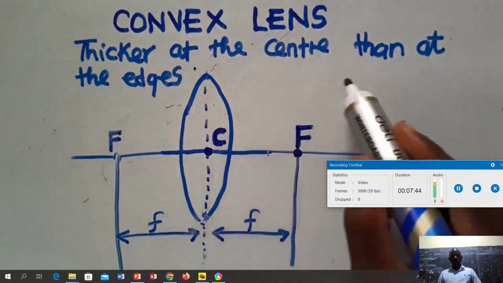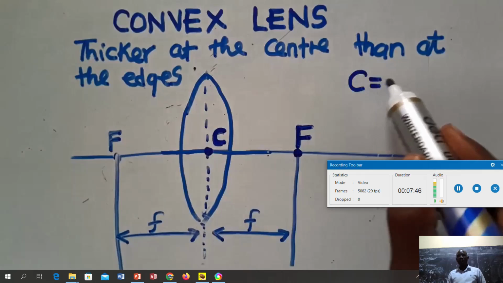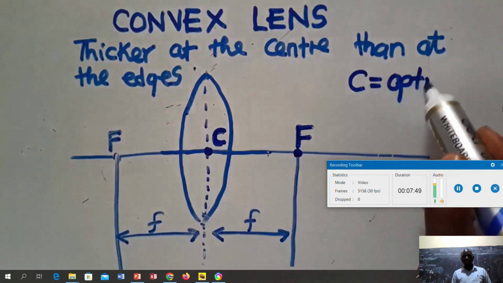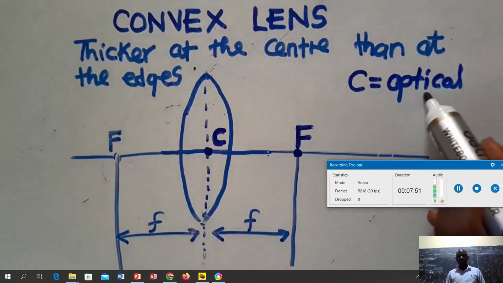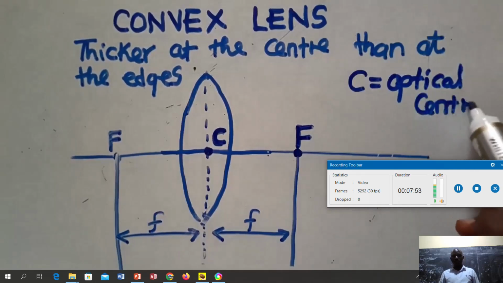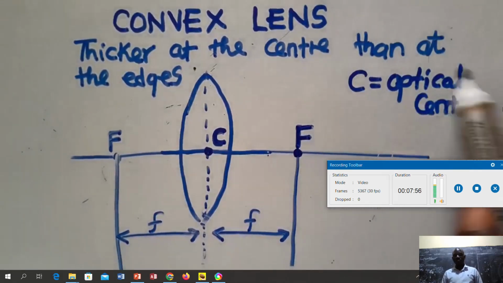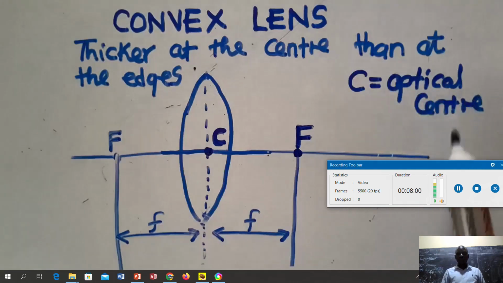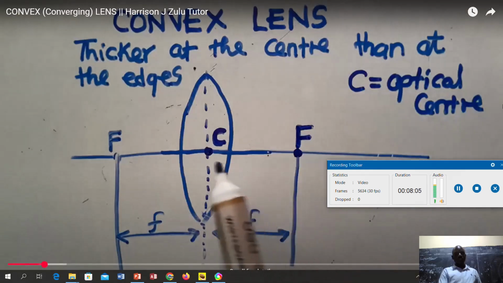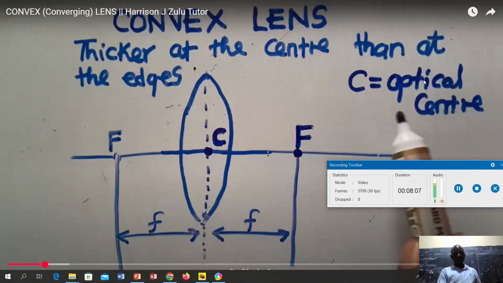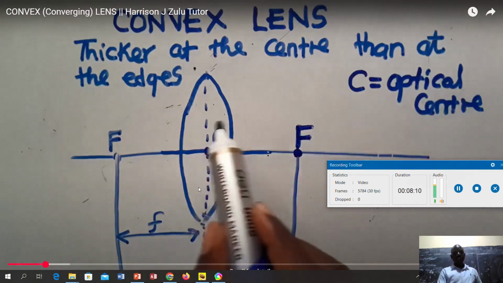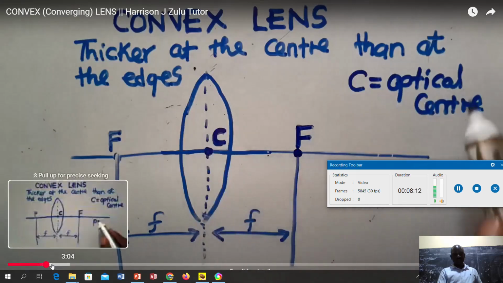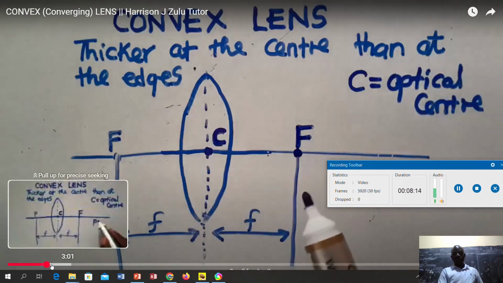Then, when we look at these small f's, we call them the focal length, or someone calls it the distance from the principal focus to the center of the lens, or we call it the optical center. So I'm trying to illustrate this, and these are the key terms which we shall look at in our lens. Now, like what I was explaining, if we go ahead,